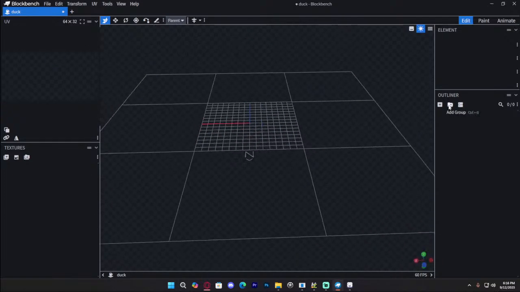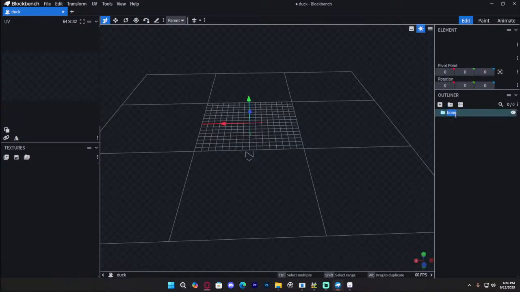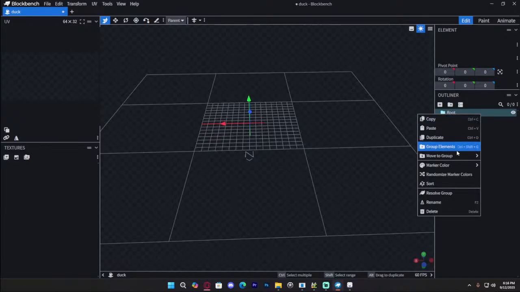And it says the hierarchy has to be a folder called root, and then you have to have your folders named as ARM and all that stuff. So